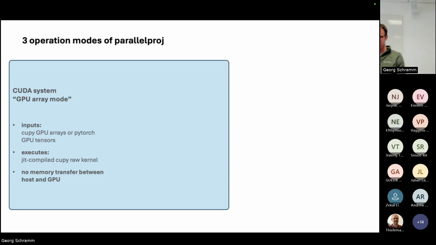Okay, so maybe taking a step back, I already told you that we support different array backends, and we support CUDA systems and non-CUDA systems. So in general, you can run the Parallelproj project in 3 different modes. The first thing is, depending on your hardware, you can run it on CUDA systems and non-CUDA systems. On CUDA systems, you can run it in a way that I call the